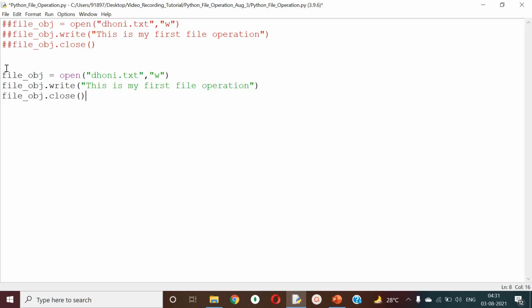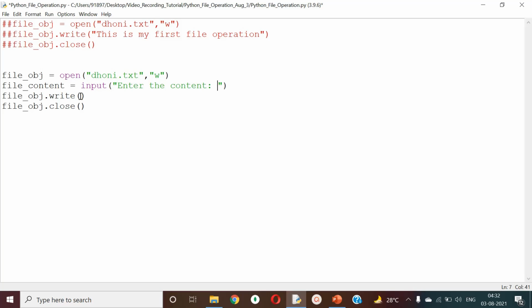Okay. So what you can do, you know it, right? How to get the data dynamically in Python using the input function. Input of, enter the content. That's it.